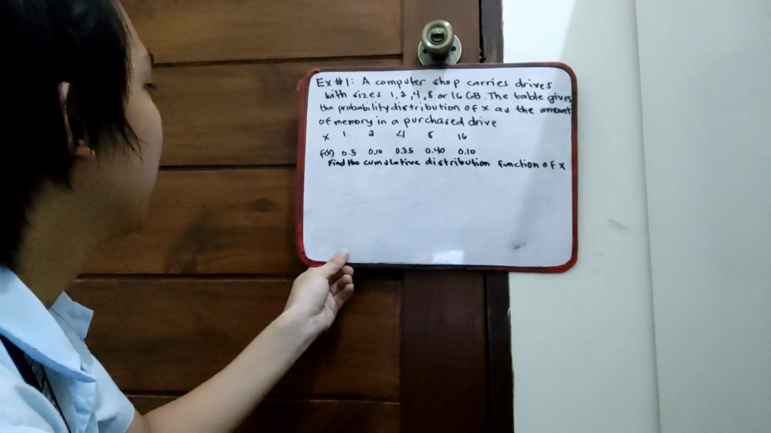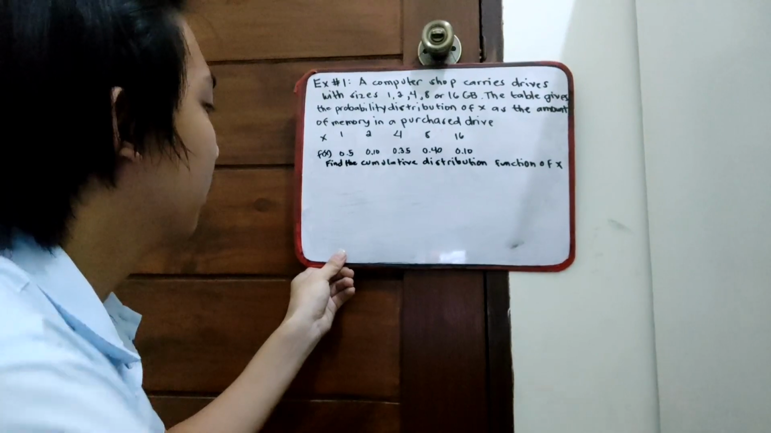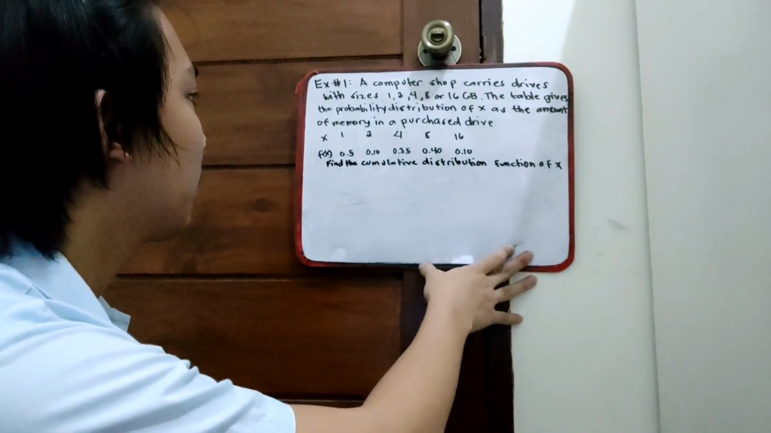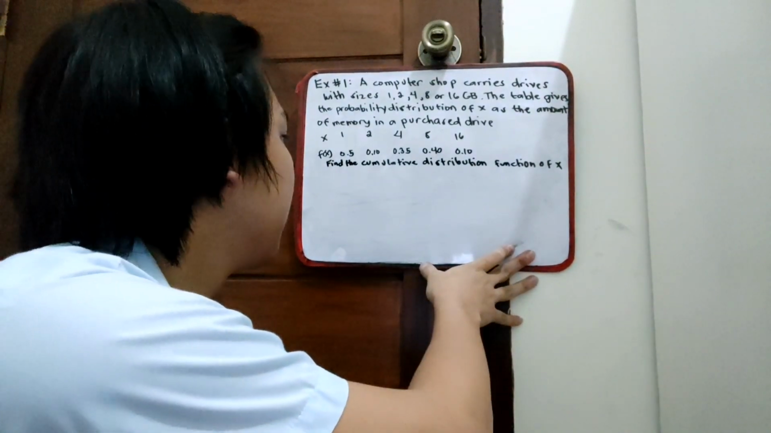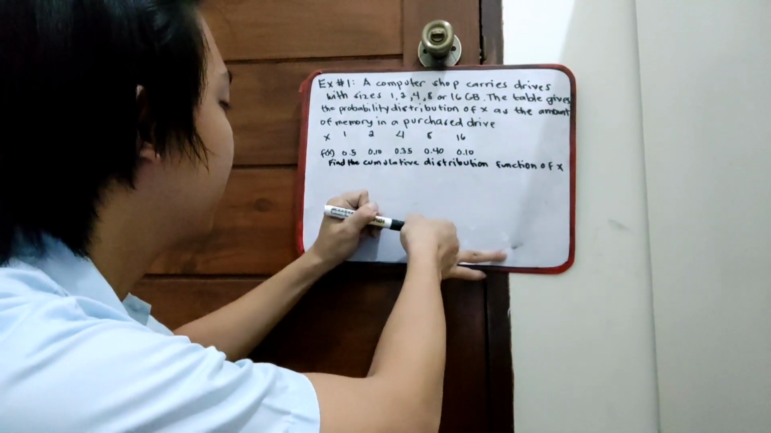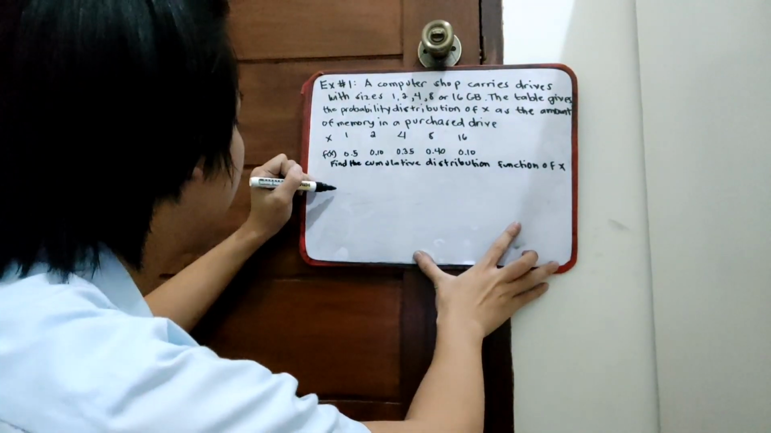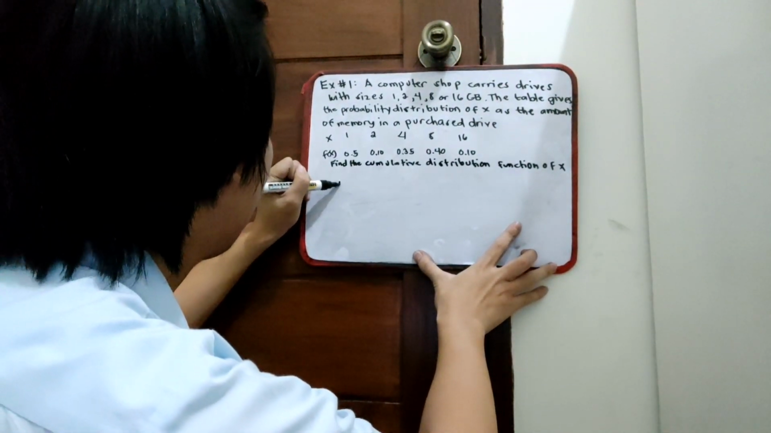Okay, let's start. Before we find the cumulative distribution function, there are two types of graphs. First is the line graph, and the second is the probability histogram. Let's start with the line graph. The line graph is like this: